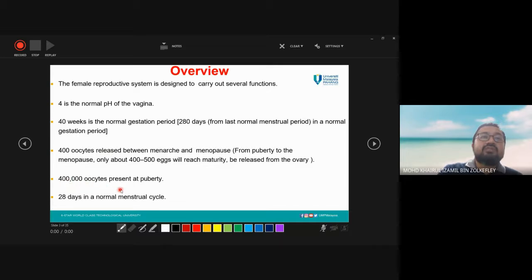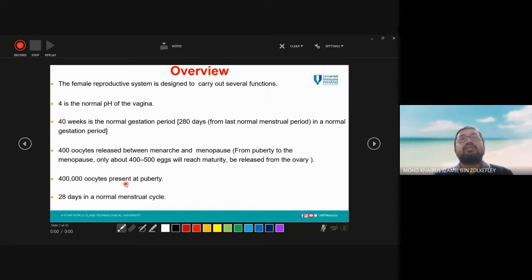400,000 oocyte present at puberty. Maknanya yang mature daripada 400,000 ni ada, tapi yang mature hanyalah 400 ataupun 500 yang akan diriliskan ketika jangka hayat ataupun hidup seorang perempuan. Yang mature sajalah yang akan diriliskan. So diriliskan ni kalau dijumpa dengan sperm akan berlaku fertilization lah. Kalau tak ada